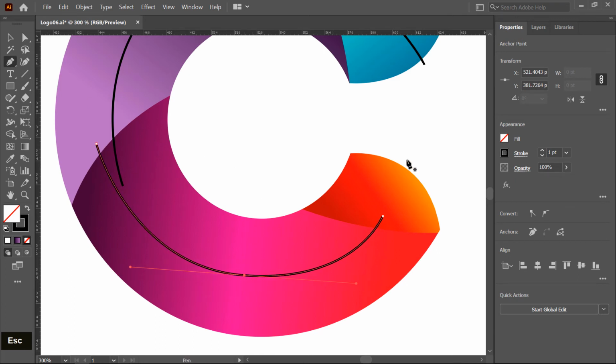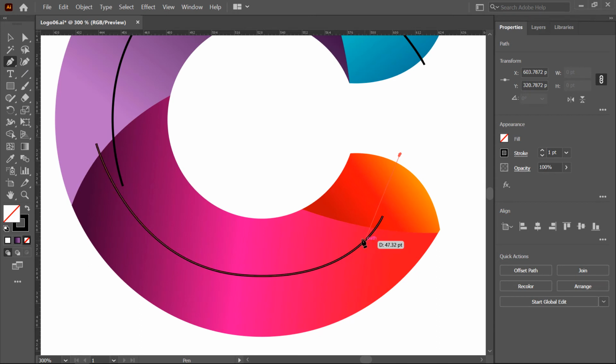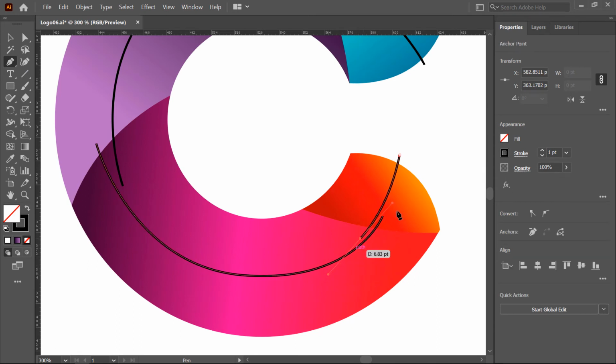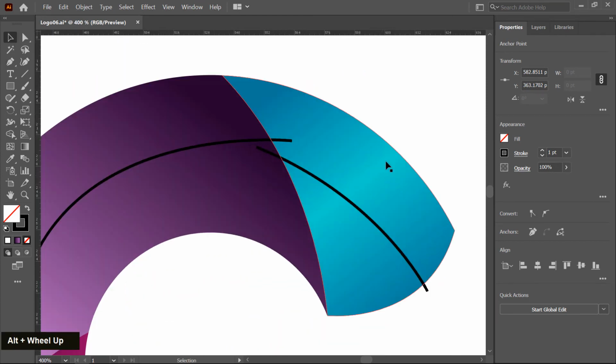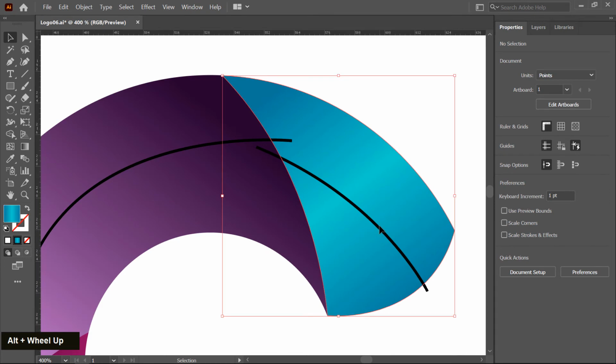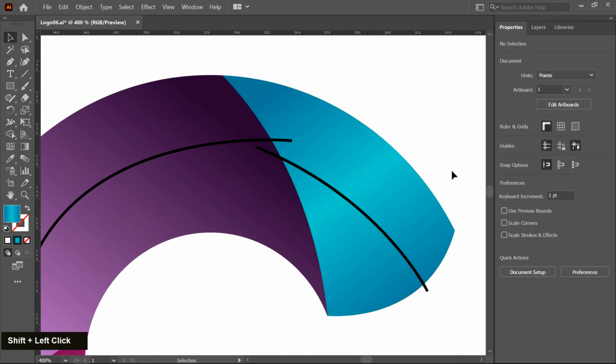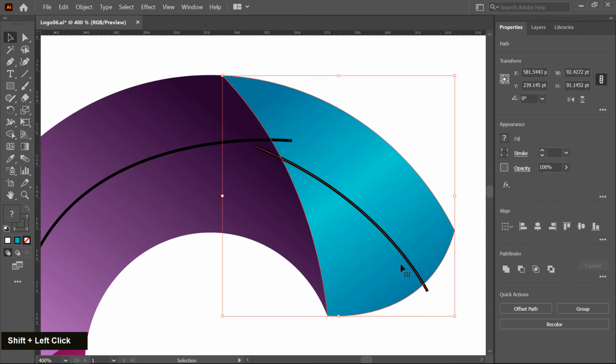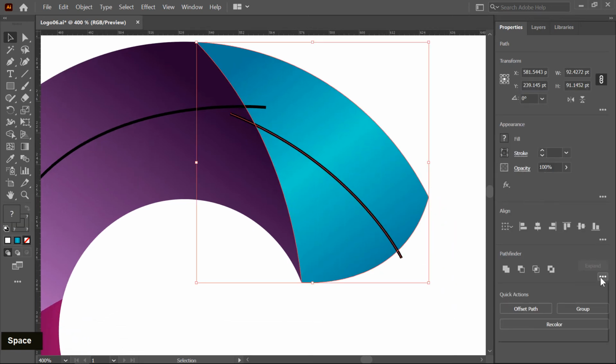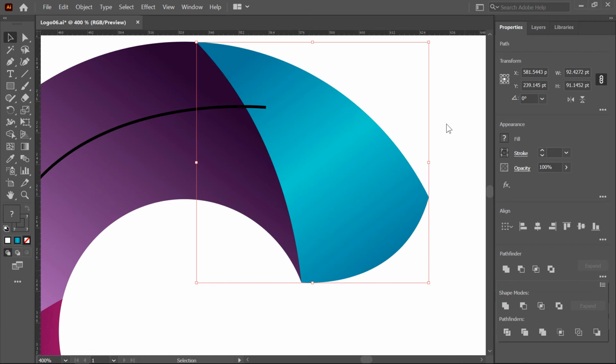Press escape key again and create this shape, and select the first curve and select this shape by pressing the shift key. I think it's not selected, so I select with the window selection and divide. Okay, so divide is applied.